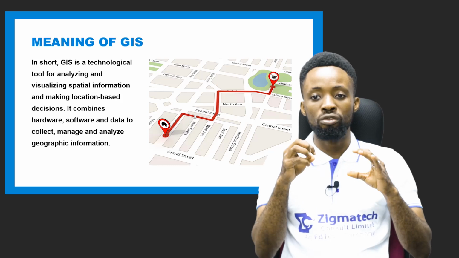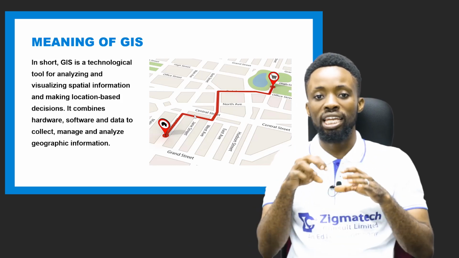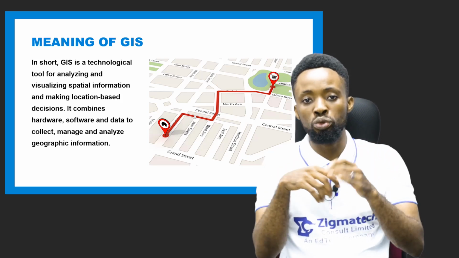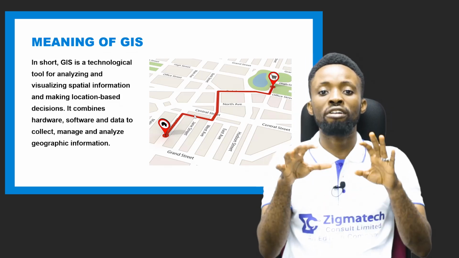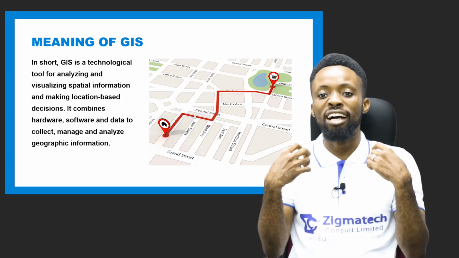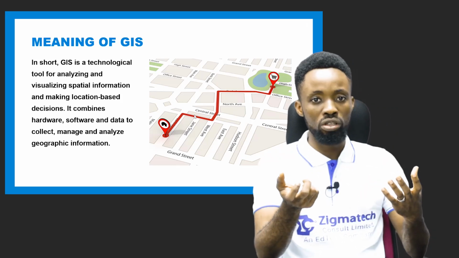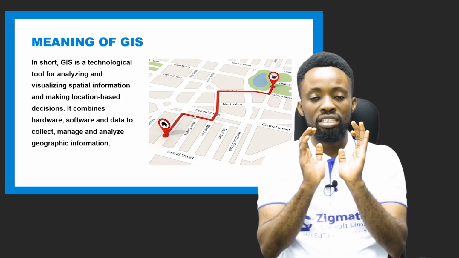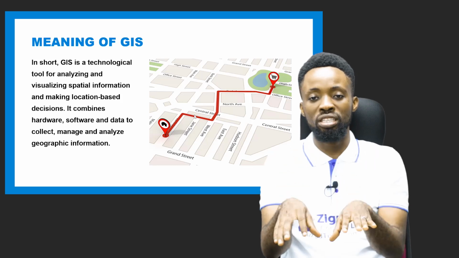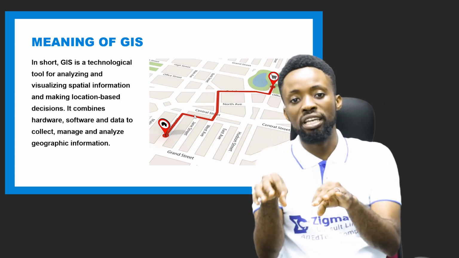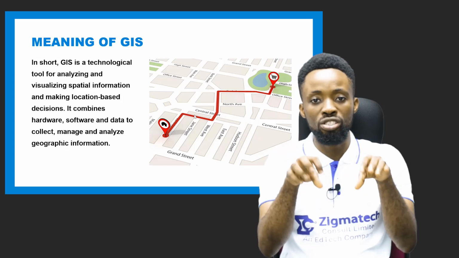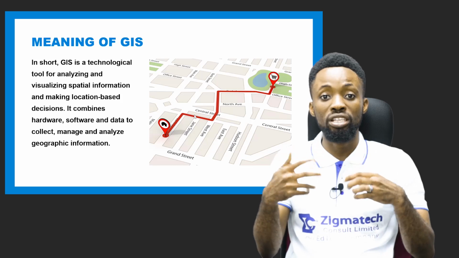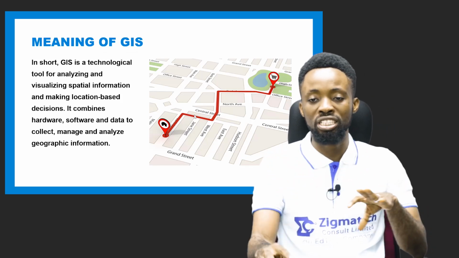With the help of GIS, we can analyze different data about places, people, and objects that are found on the surface of the Earth, and we can visualize them on the Earth's surface. We can create a description of these data, and we can even find them with their references on the Earth's surface. So with the help of GIS, all of these can be achieved.